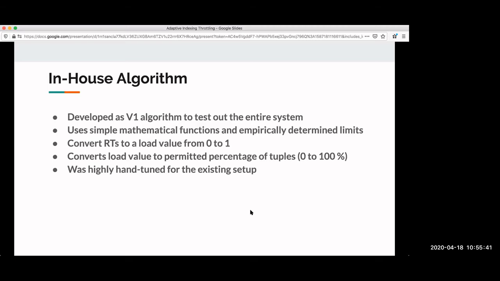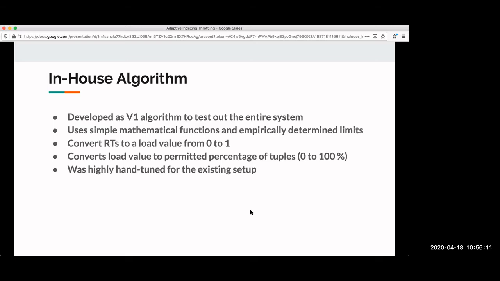And then the only drawback with this was, there were two drawbacks. The first drawback was it is working on percentages, which is not a very natural way of looking at updates. It just says, let's stop 75% of the updates, or let's allow 75% of the updates, which doesn't tell us anything about the number of updates, which is actually what affects the systems. So that is one drawback in this approach.